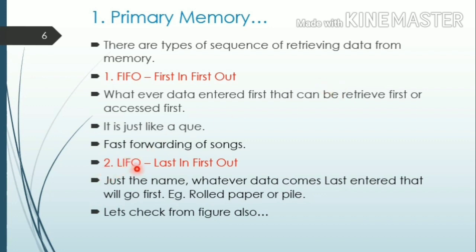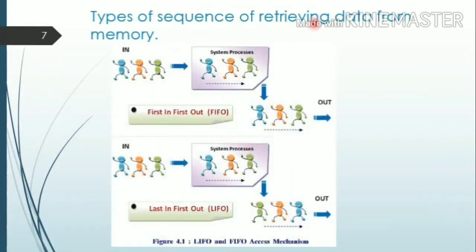Okay, now second is LIFO, last in first out. Mainly it is used so that whatever data comes last, that entered last, goes first. Okay, like rolled paper, whatever rolled paper has the topmost layer, that will tear first, because it comes last and goes first. Okay, now, these are the types of sequence for retrieving data from computer memory, and this is the concept of